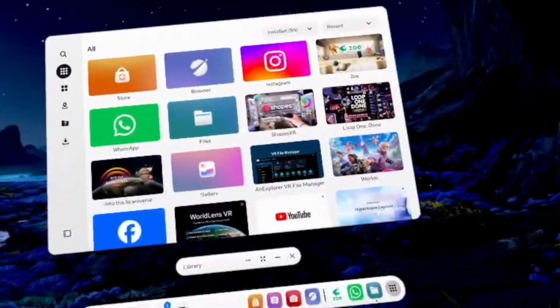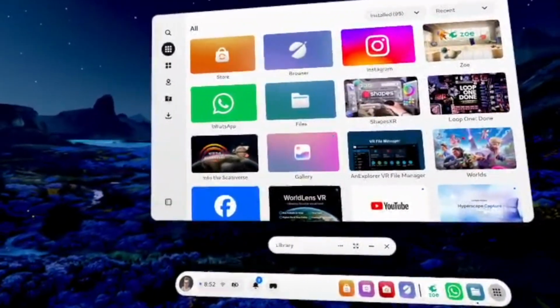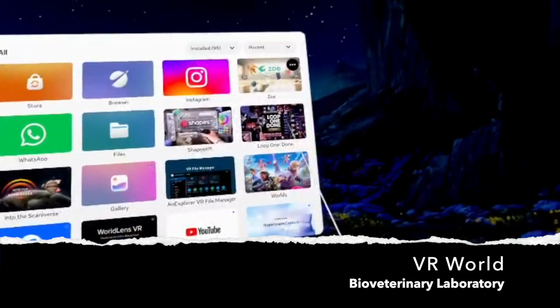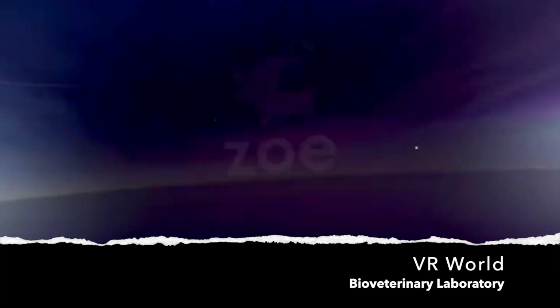I'd like to create a vet lab really quickly. So I'm going to click on this app here, Zoe, and we're going to start it. Okay, so here I am. I've set up an environment already, but I'd like to show you how quickly we can build